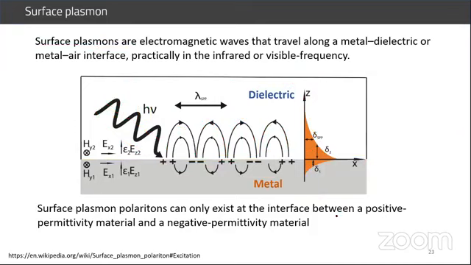To make it more clear, as I said, surface plasmons can only exist at the interface between a positive permittivity material, which is dielectric material, and a negative permittivity material, which is metal. So you need to have an interface of metal and dielectric to give you this surface plasmon wave moving on the surface. Now, since this is an electromagnetic wave and it can move forward,